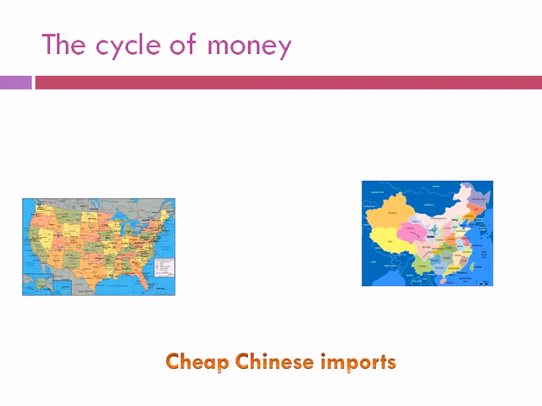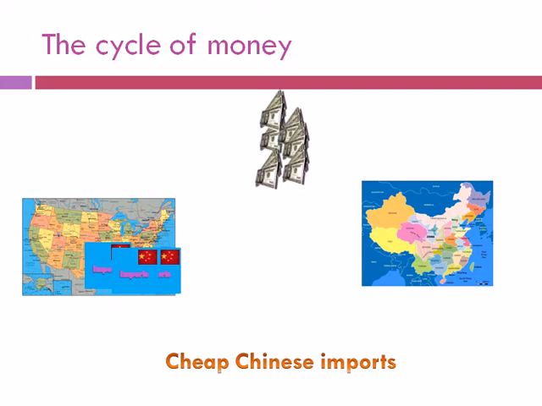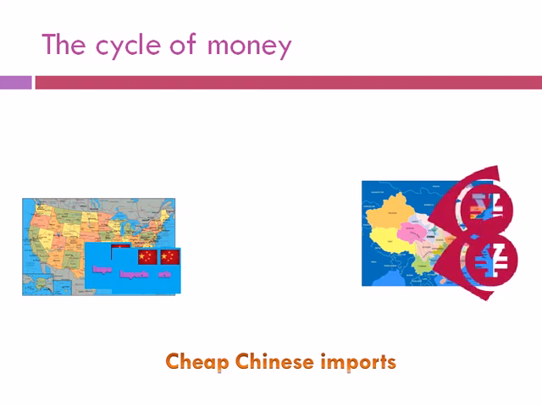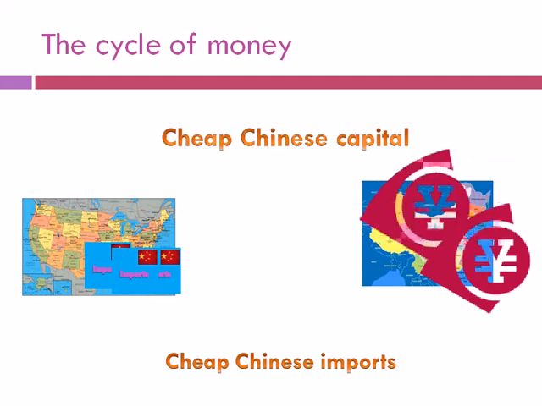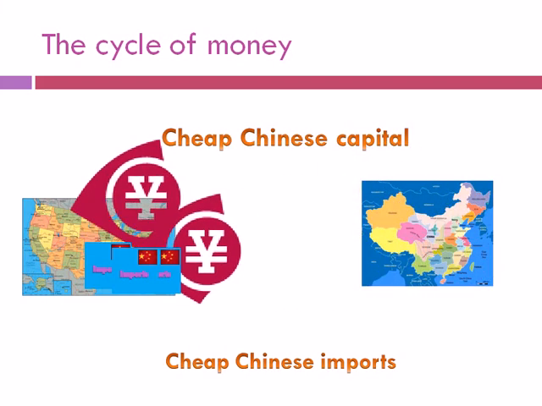And because capital restrictions had been relaxed, the Chinese were allowed to move their money anywhere they wanted, any place that could guarantee a decent return, such as the United States. In fact, they created this cycle of money, and that's the interesting thing about this whole process. Americans were buying cheap Chinese imports, and because they were buying so many, Chinese income began to increase. But as said before, because Chinese are not inclined to spend, they took that money and invested it back in the United States. So there was this cycle of Americans receiving cheap imports and then later receiving cheap Chinese capital.